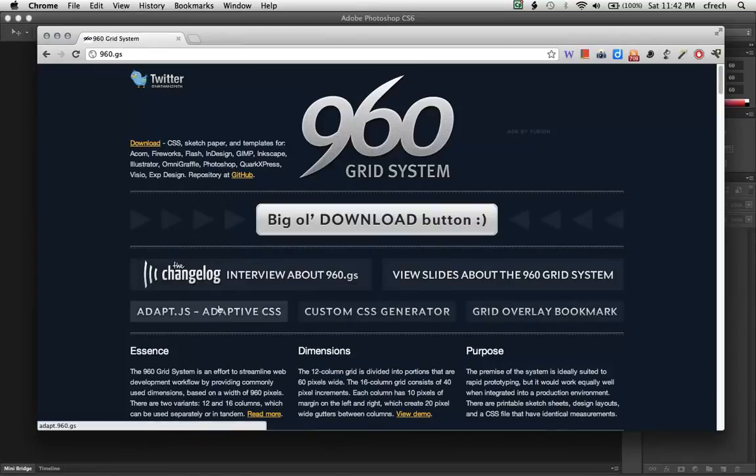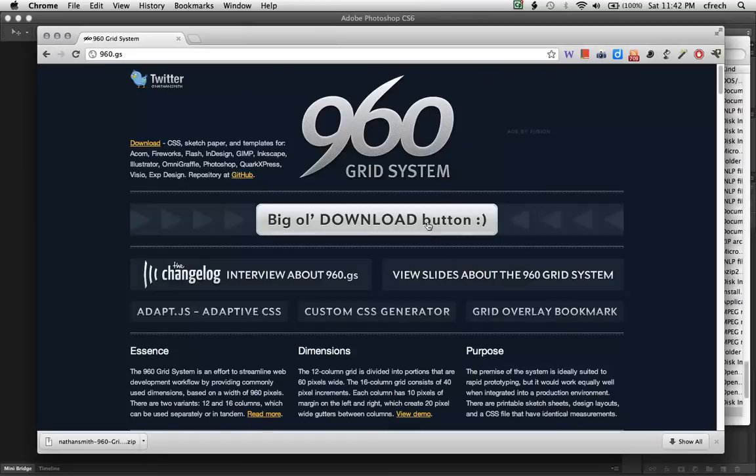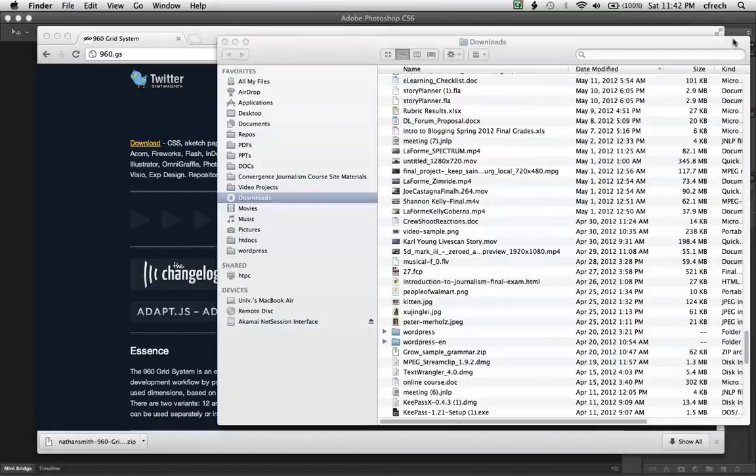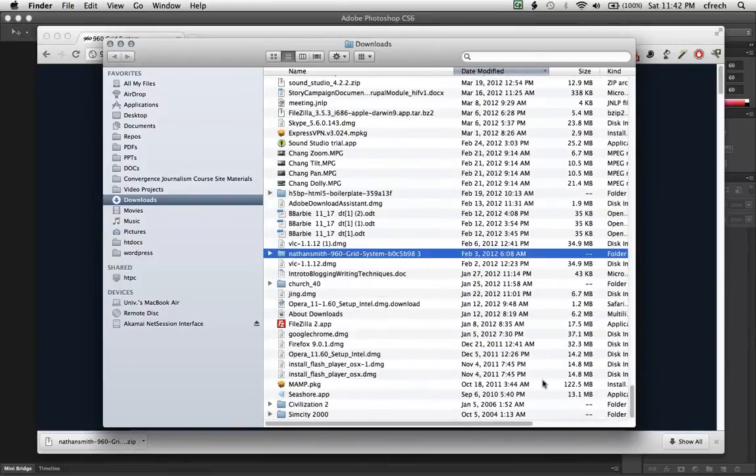You'll notice in the upper left corner here we have a download option. And this includes a whole bunch of template files that we can use in different programs to speed up the process of using a 960 grid system. I'm going to click to download this file, and once it's downloaded, I'll open it up. It is a zip file, so we'll uncompress it, come over to our Finder, and pull up the file here,